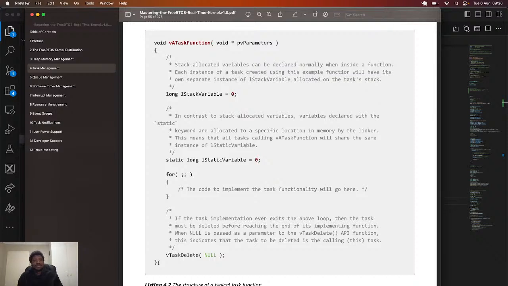Okay, cool. So we have all of that going. So we know what a task is, and we know what they do. It's a function that runs an infinite loop. And obviously then we can introduce things like priorities, things like time slicing, and things like